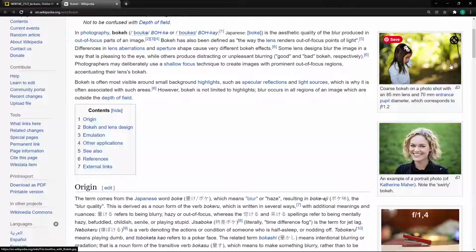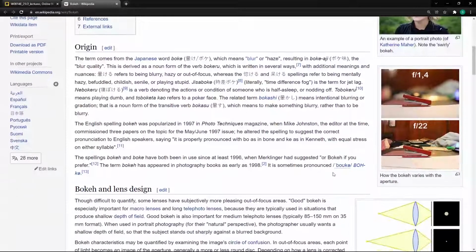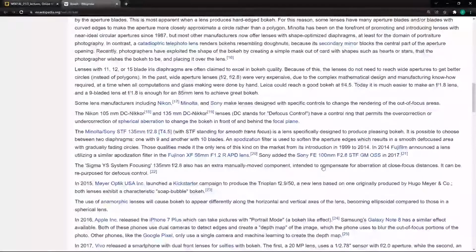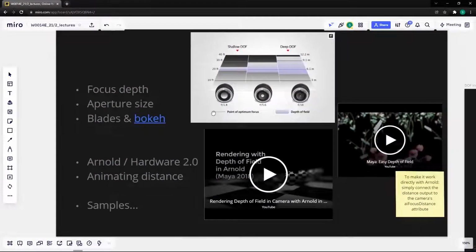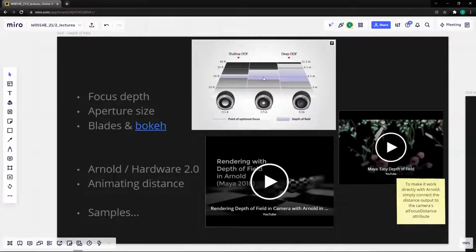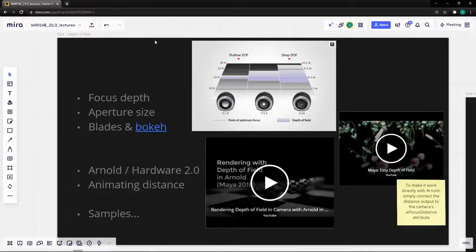It's really a question of how the blurred-out portions of the image are blurred, and which shape they are blurred with. We don't necessarily want to just accept the default blur that the default settings give us, because the type of bokeh can be quite an important artistic choice,